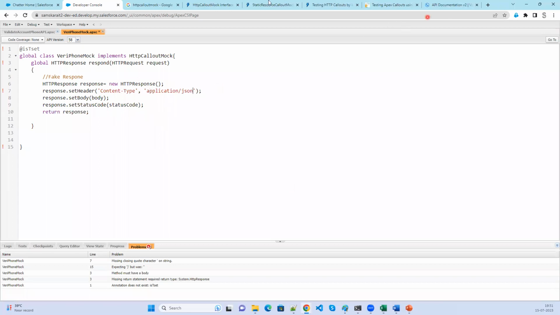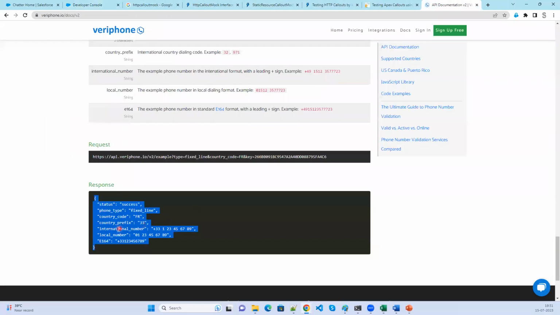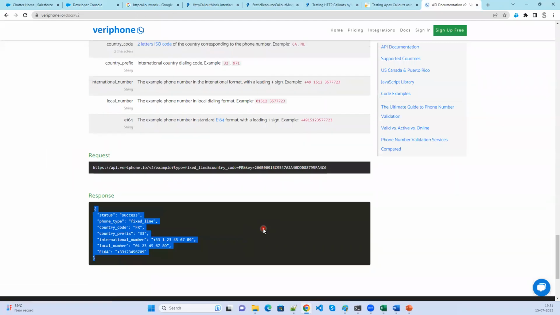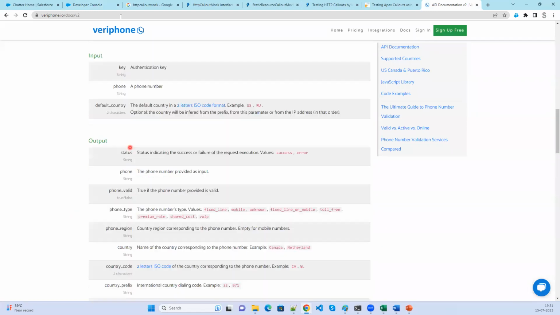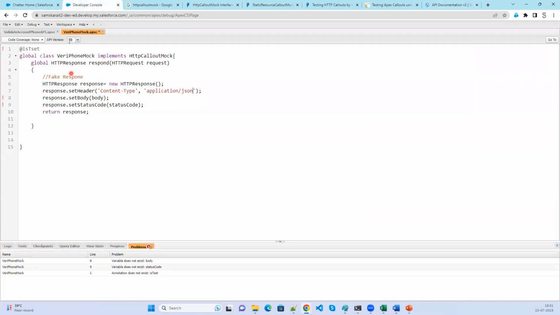Application/JSON. Because the response which I'm going to get, whatever this response is, it has to be in the JSON response. It has to be inside the JSON response. Now let's copy this. Now this is the response that I'm going to set inside the